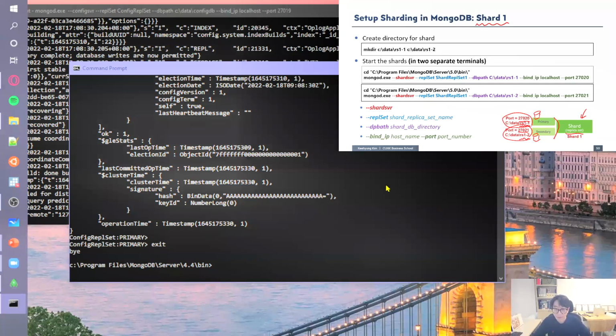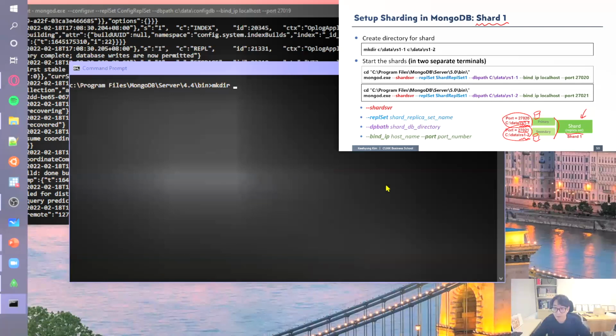To set up this, what I want to do is first make a folder for the data storage. So rs1-1 will be used for the primary of shard 1, and rs1-2 will be used for data storage for the secondary of shard 1. So I make these two folders, and then